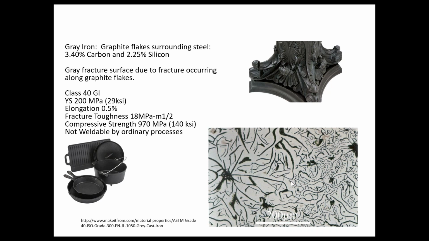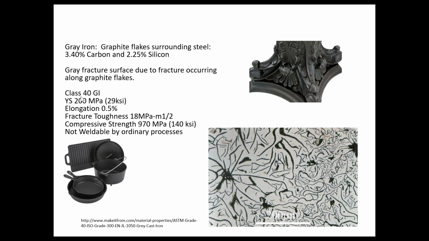So when you break a cast iron skillet or break a piece of cast iron and you look at it, the fracture surface doesn't look bright like metal. It looks gray, which is where gray iron got its name, is in the fracture. When you look at it, it looks gray instead of shining. This traditional material was used extensively throughout the world to make cooking pots and all kinds of things,